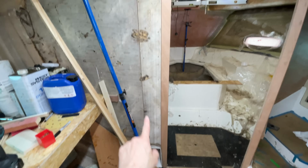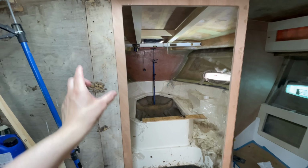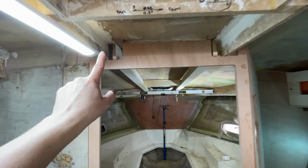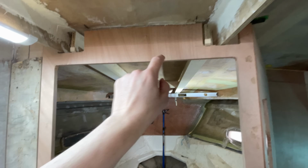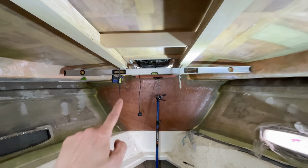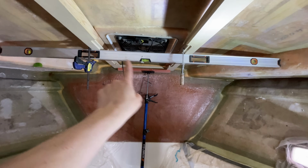We will actually be replacing that because we're a little bit short at the top. Fine at the bottom actually, that looks fine, but a little bit short at the top, so we'll cut a new one of those, but that's fine. We've just got this in temporary just so we can get this doorway back in. That's now holding, you can see the two frame legs that's holding this ceiling frame in place now. Obviously we've got the routed bit out now for the blind, and that all lines up with that hatch,